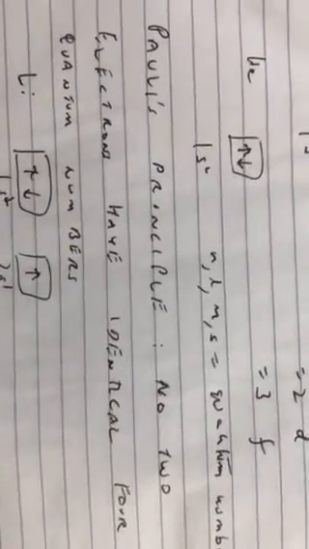Now why is it that if one electron is plus half, the other electron has to be minus half? Why can't it be that both are plus half? Why can't it be that both are minus half? What is wrong with that? Actually, there was a scientist called Pauli. He gave a principle that is known as Pauli's principle.